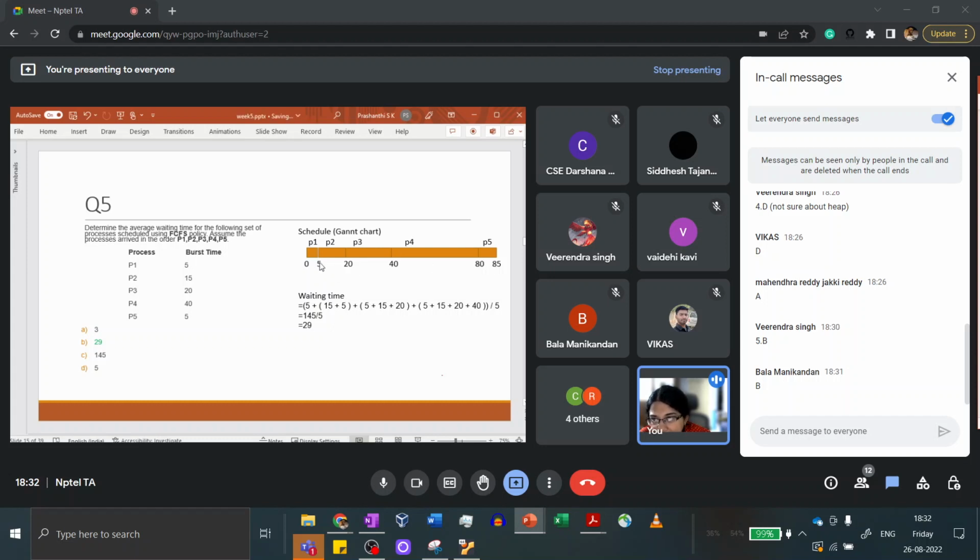So P1 takes 5 units of time, let's say seconds for simplicity, it could be milliseconds or microseconds even for that matter, but let's say 5 seconds. So P1 takes 5 seconds to run, after which P2 is scheduled, and P2 takes 15 seconds to run. So by the time P2 has finished running, it is going to be 20 seconds according to the wall clock time. And here a nuanced thing is that there is a small amount of overhead, this gap that I have indicated between the two, which is actually the scheduling time, right?